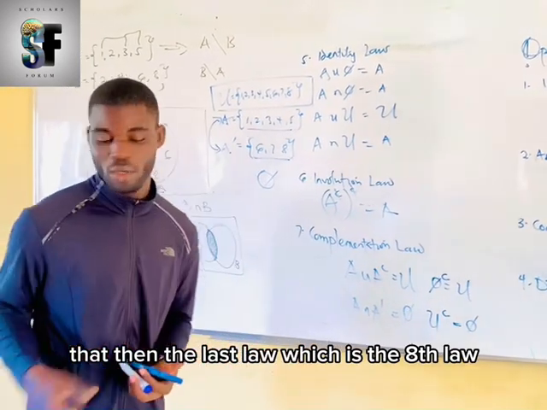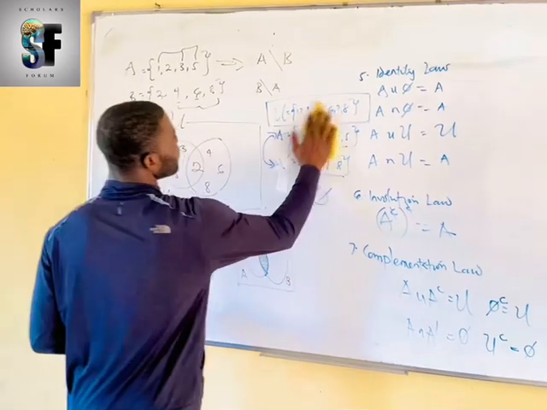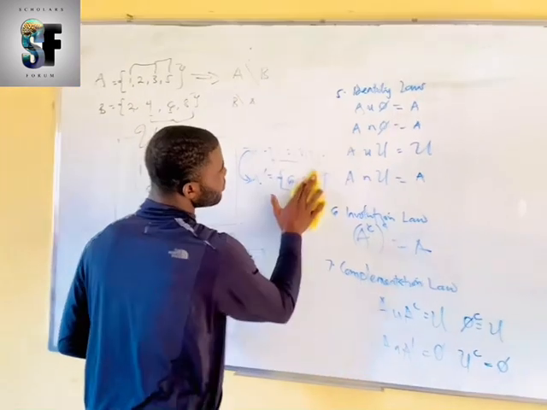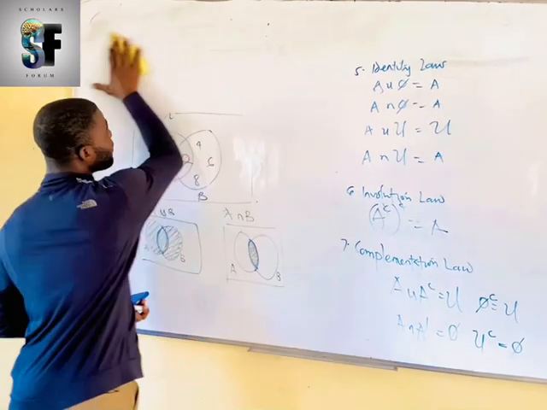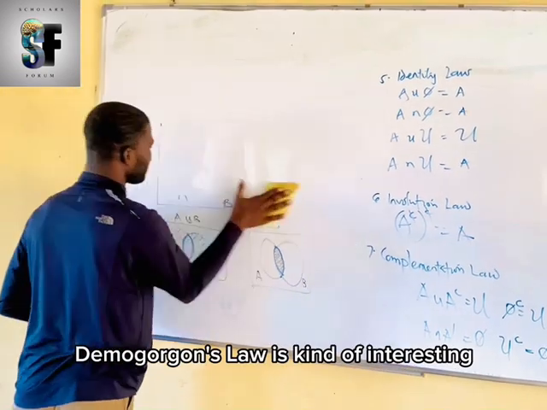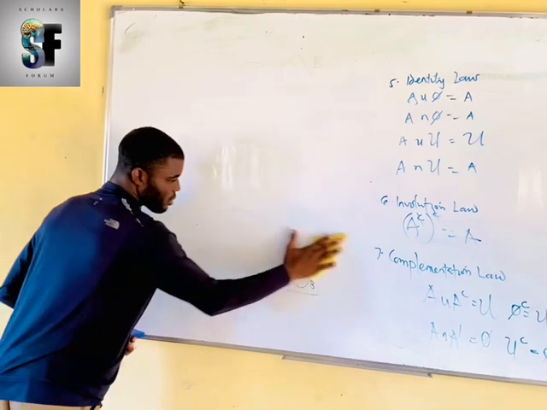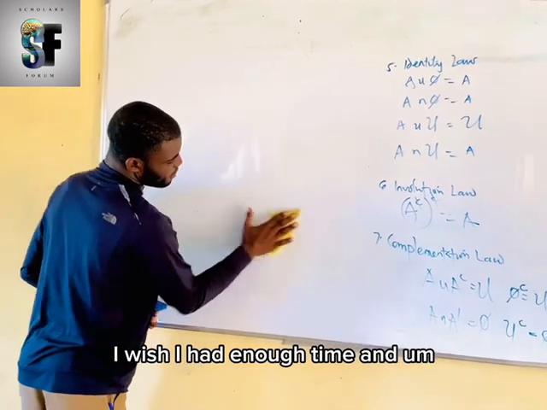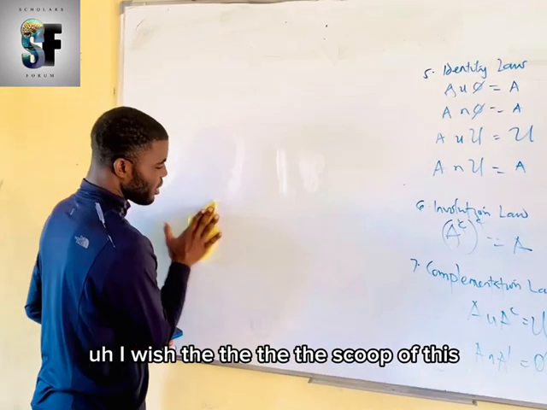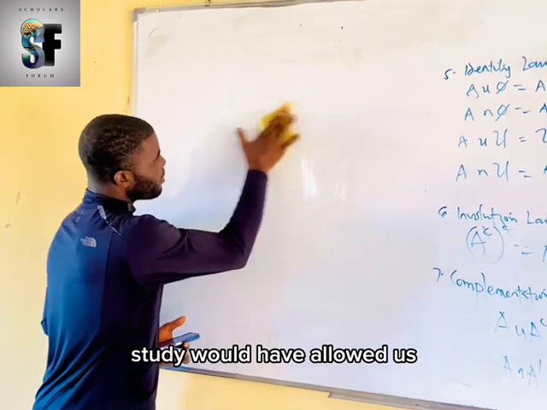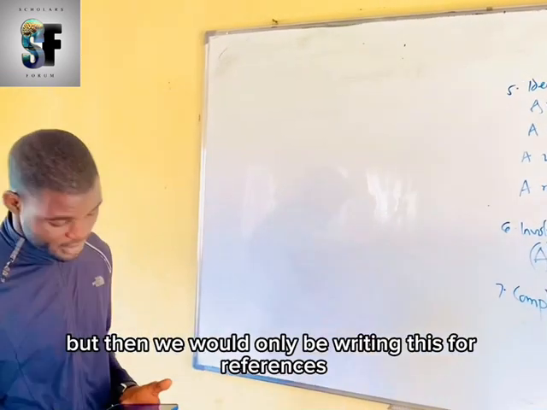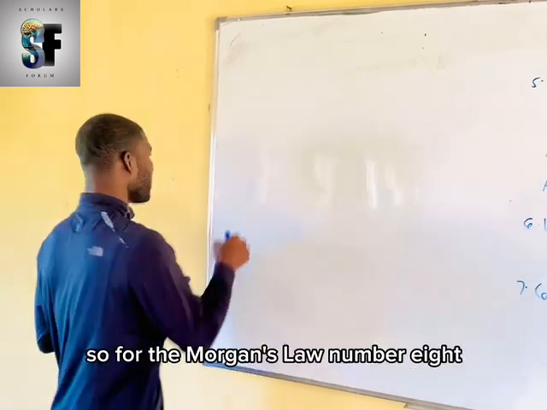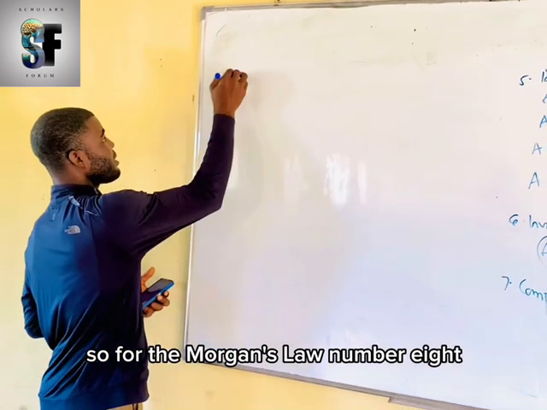Then the last law, which is the 8th law, is De Morgan's law. De Morgan's law is kind of interesting. I wish I had enough time, and I wish the scope of the study would have allowed us to prove De Morgan's law, or then we would only be writing this for reference. So for De Morgan's law, number 8,